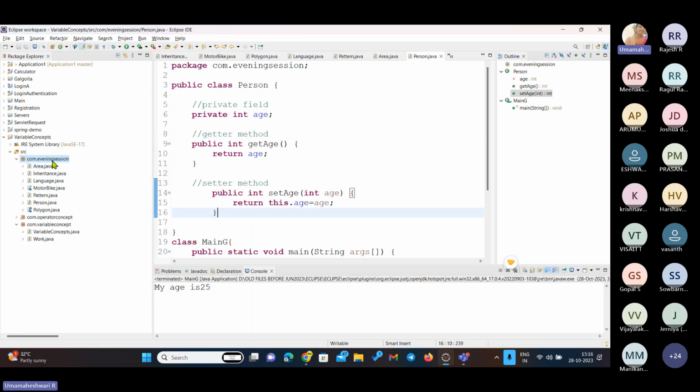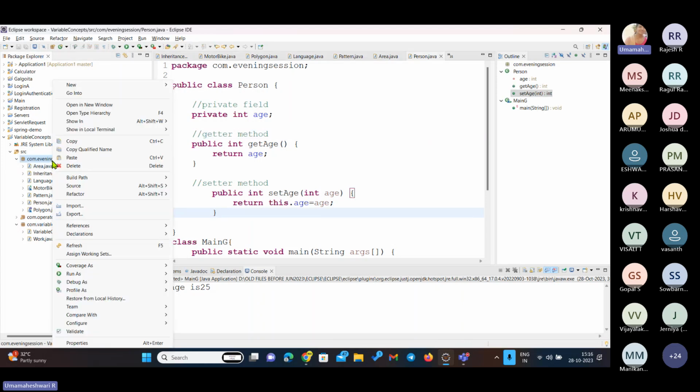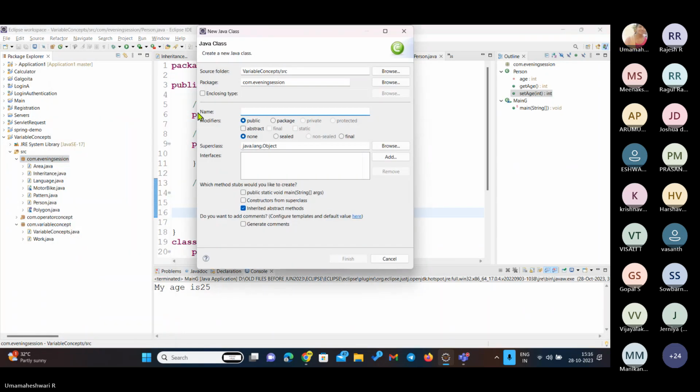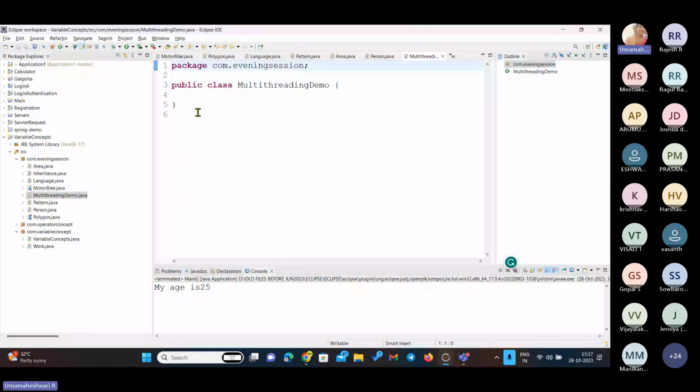Okay, now let me create one more class. Let me create a new class as multi-threading demo. Okay, I've created one class for multi-threading. So first, let's see what multi-threading is. Actually, this is a feature that allows concurrent execution of two or three parts of a program